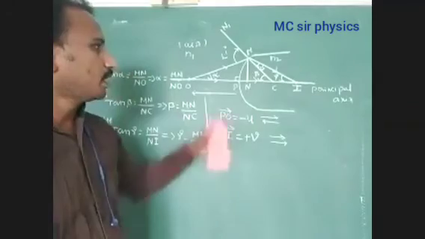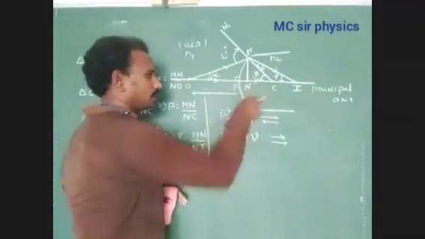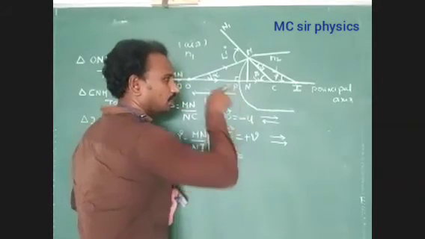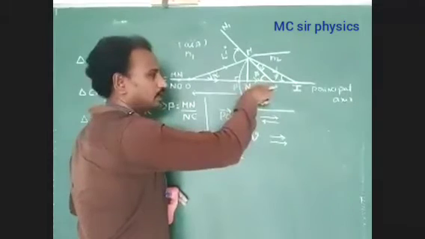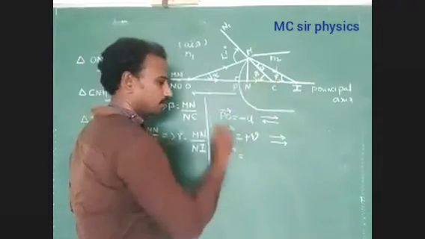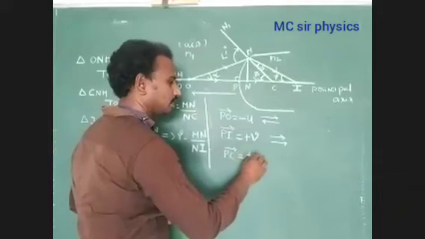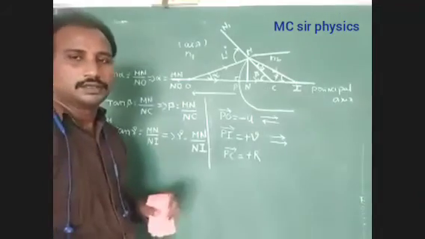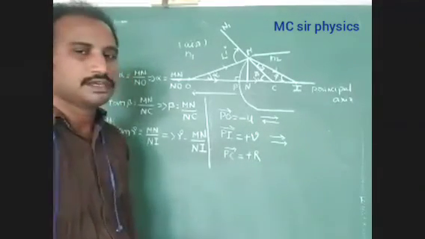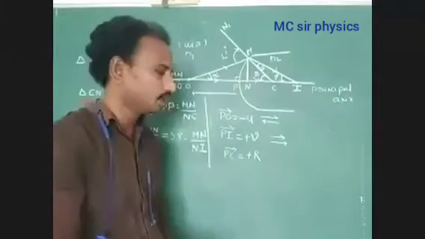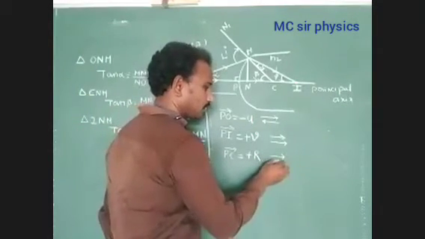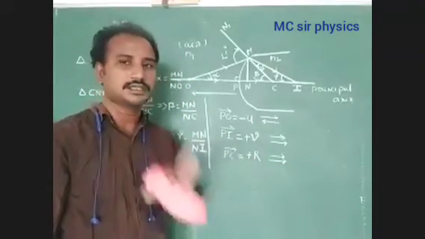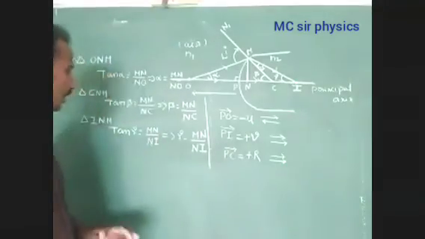Understood? Next, we have to find out the radius of curvature. Find the radius of curvature from pole to center of curvature, PC bar equal to. What is the direction? The direction of calculating distance is along the direction of the incident ray. Then we have to give the sign convention plus. Yes or no? Sign convention is also very important. For the same direction as the incident ray, the sign convention for this distance is positive. Understood?